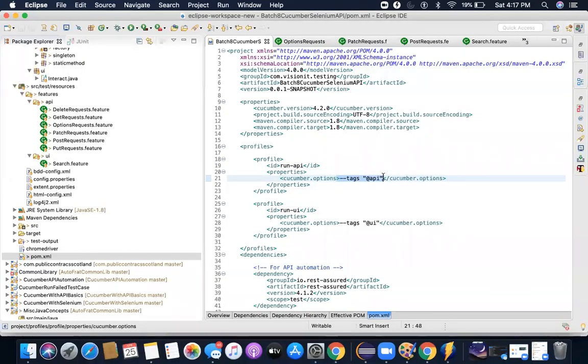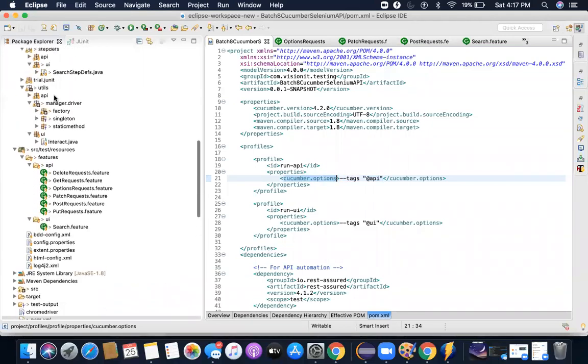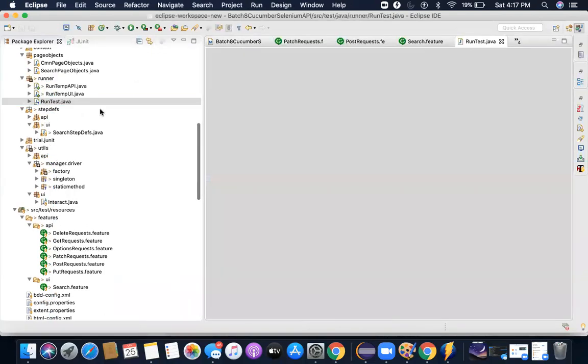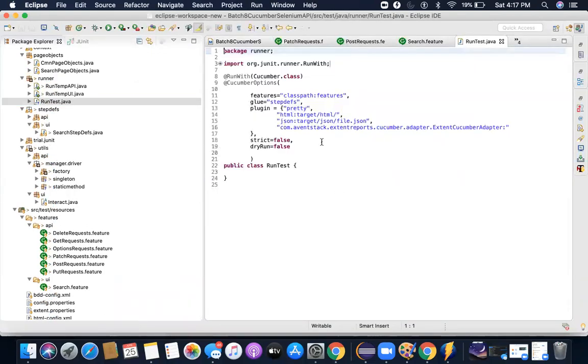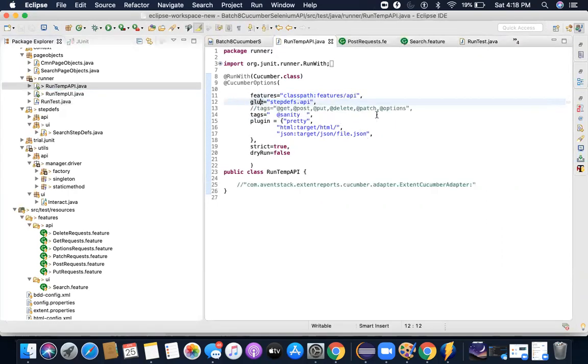Now, what I was actually talking about was, how will I pass this information to my runner test? Whatever information I'm sending from outside should get appended to this, and that is what should be executed, right? For that purpose, I've created a runner test, RunTest. Here I am writing features and step test. I'm not writing UI or API, and the way I did it here, right?